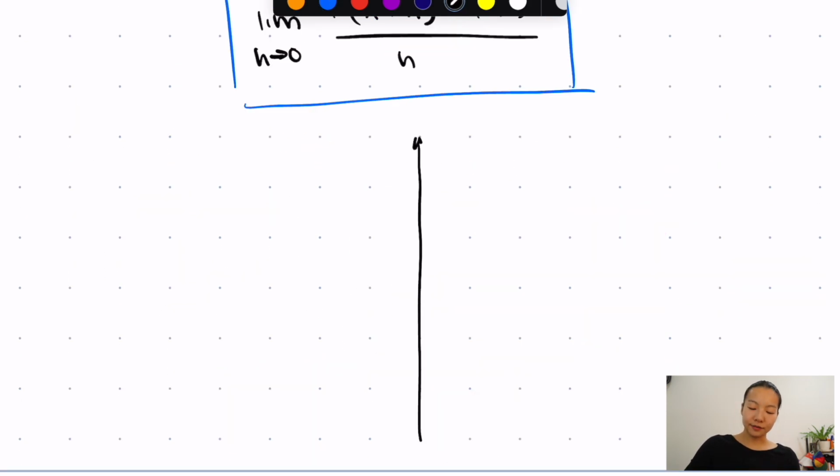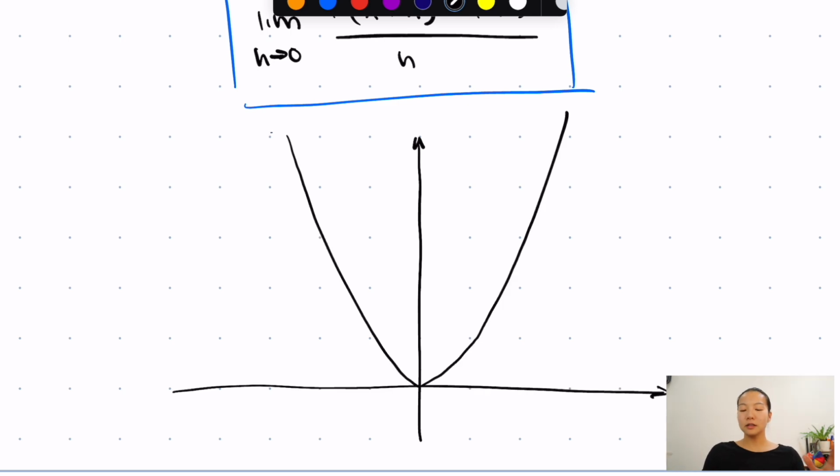So if I have a function here, it's not perfect, but this is supposed to be f of x equals x squared. Let's say I'm trying to find the derivative at x equals 1. So what this is saying is, by the definition of the derivative,